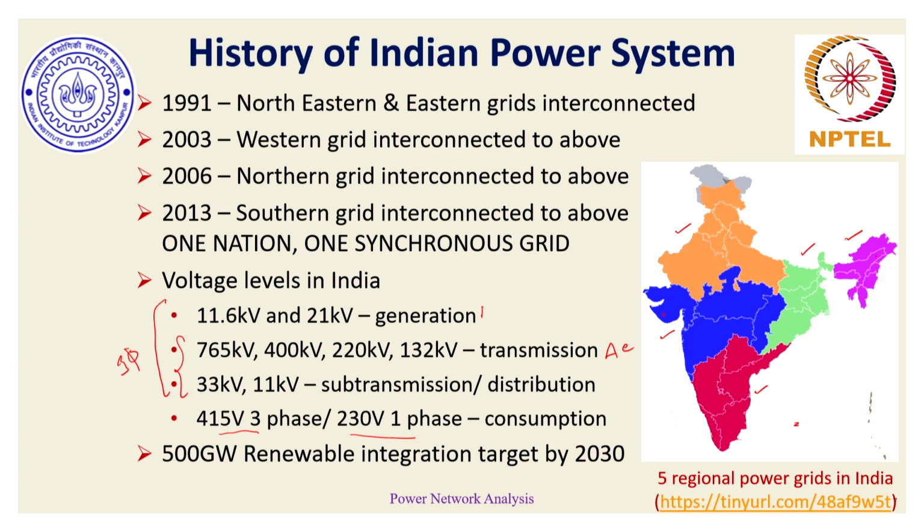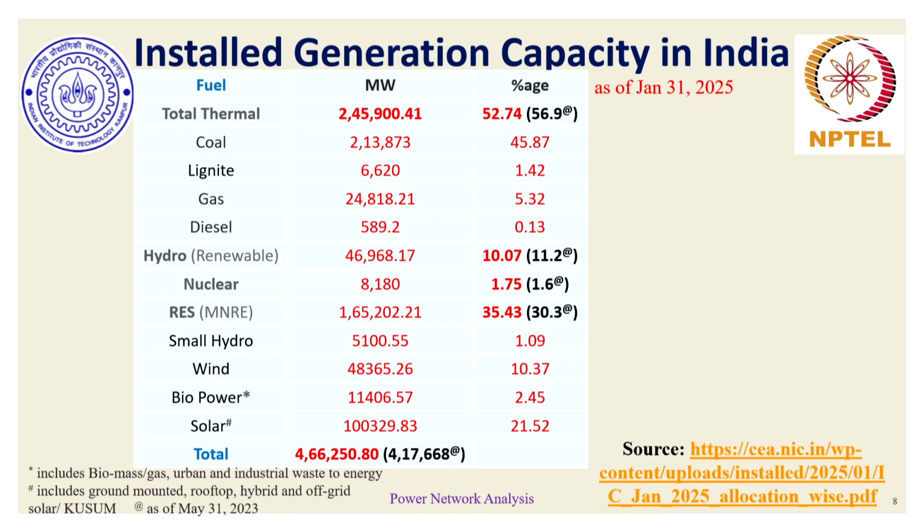The Government of India has also put in an ambitious target of having 500 gigawatt of renewable energy integration by 2030. So far, we are in 2025, almost 20% of this target has already been achieved, and it is quite hopeful that we will be able to reach the remaining, close to 400 gigawatt, integration eventually by 2030. If we look at the statistics of how much is the installed generation capacity in India,